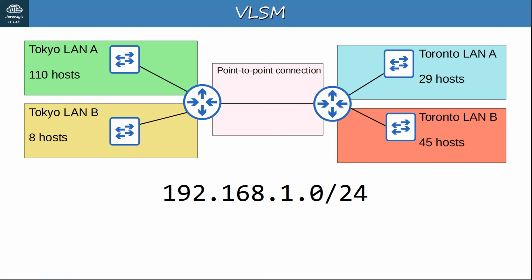We are assigned the 192.168.1.0/24 network, and must divide it into 5 subnets to provide IP addresses for all hosts in the enterprise network. If we were to try this with fixed-length subnet masks, we would need to borrow 3 bits to make enough subnets. That would leave 5 host bits left. 5 host bits only allows 30 host addresses, so that's not enough addresses for Tokyo LAN A or Toronto LAN B. However, if we use VLSM, we can assign different subnet sizes to each LAN, which will allow us to make sure each LAN has enough addresses available.